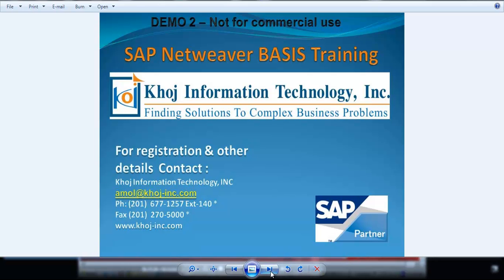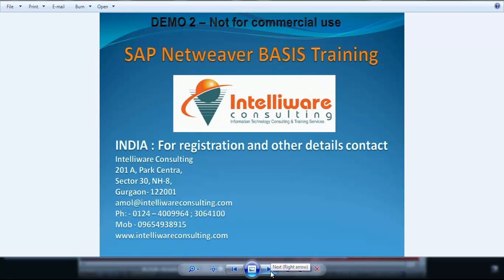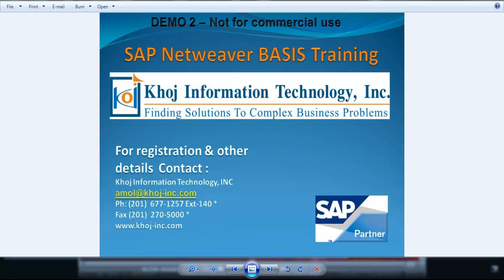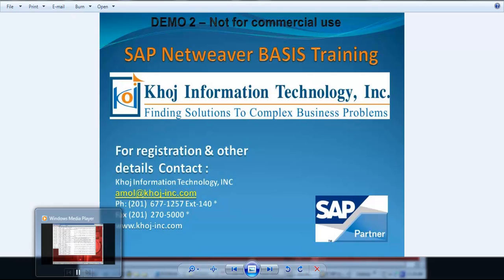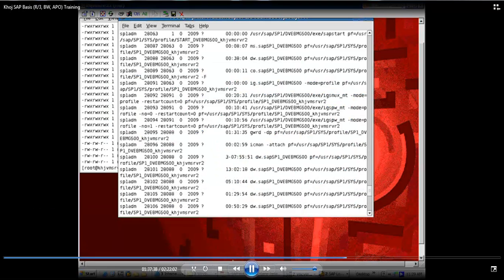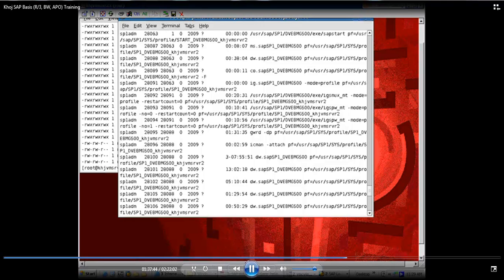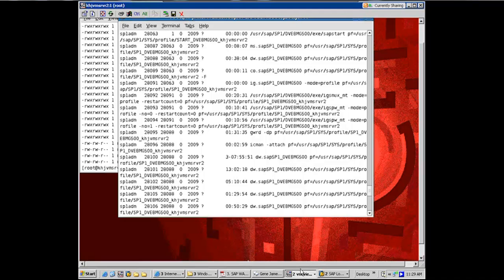So all RFC traffic which emanates from that SAP system to the world outside, whether it's another SAP system or a non-SAP system, is going through that gateway work process, right? And you will see soon we will go through and list out, or maybe now is the right time to do it. We have in our